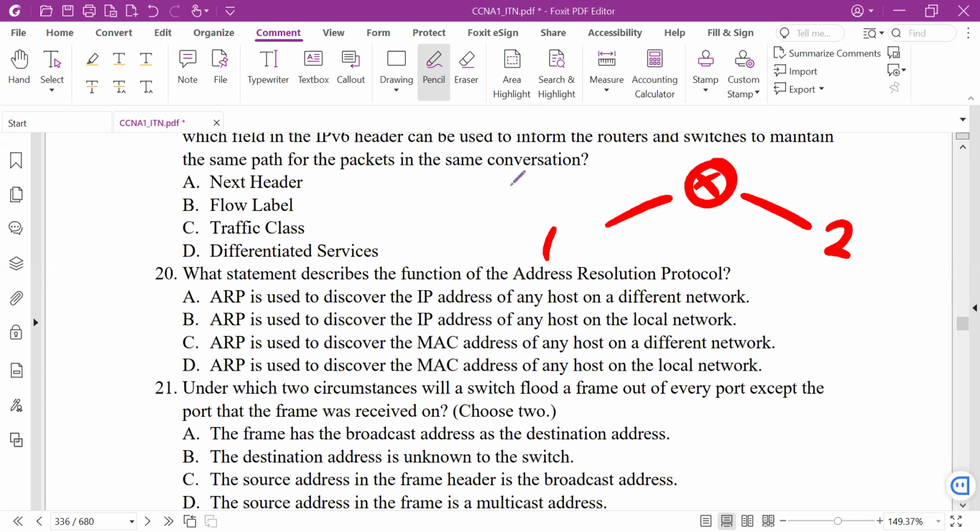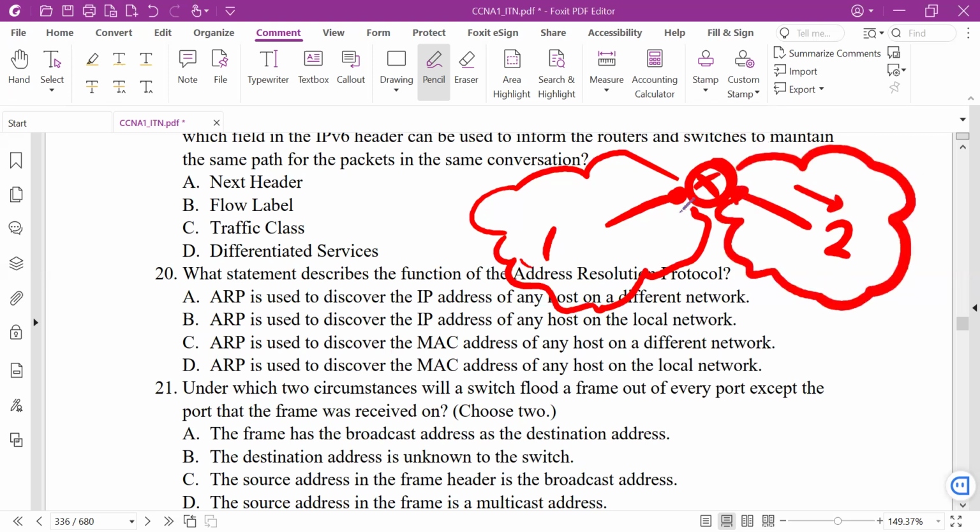So you will see a request sent from PC1 looking for the default gateway. This is local. So ARP here is working locally. Once it arrives here, the packet will be forwarded. Then another request is sent to PC2 because we want its MAC address. This is also local. So ARP doesn't operate